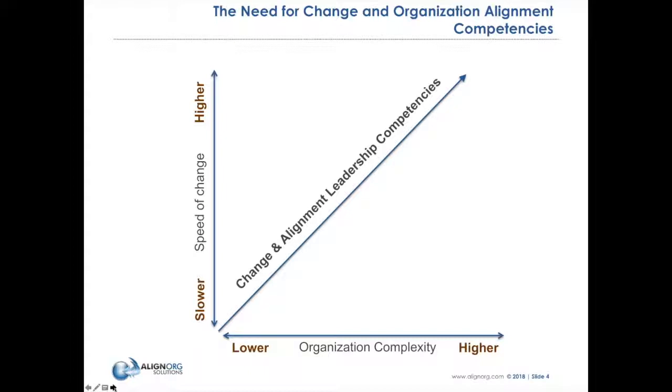And when we talk about alignment leadership, we're talking about this notion of a leader being able to set an organization up and align all of the systems and choices to deliver extraordinary results. And that's not an easy task. And when things are simple, when the speed of change is pretty slow, a lot of folks can sit down and put the pieces together. But when it starts to move at warp speed and we see a lot of complexity, that's when the leadership demands for executives really kicks into gear. So with that, Mike,